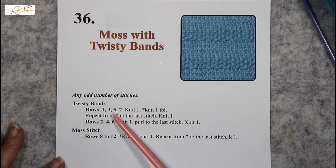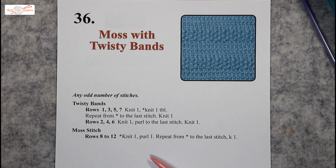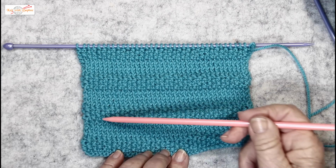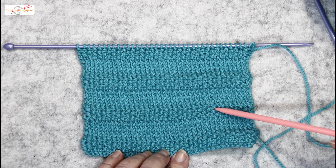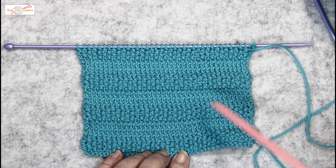The Twisty bands involves all right side rows, which are knit rows, to knit into the back of the loop, and then all wrong side rows just to purl, not knitting into the back of the loop. And the moss stitch is just the traditional knit one, purl one, knit one, purl one, knit one. And if you have an odd number of stitches in your work, you can always start with knit one, purl one. Here's the traditional moss, 5 rows of it, and then 7 rows of the Twisty bands, a band of